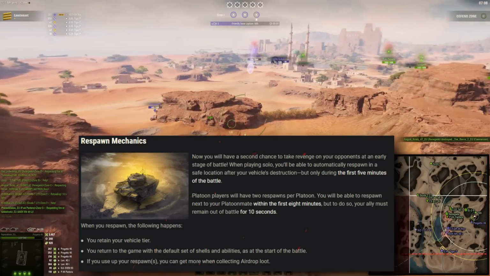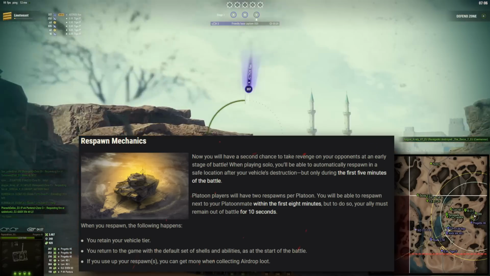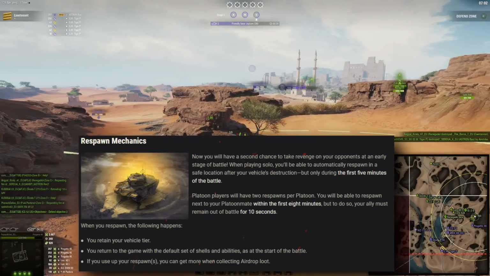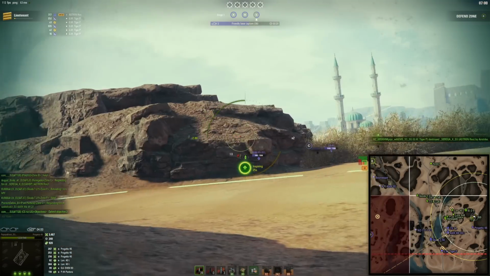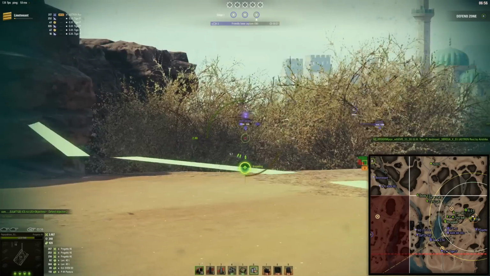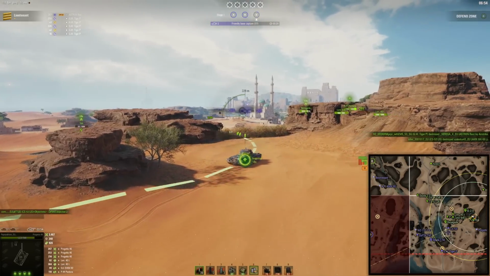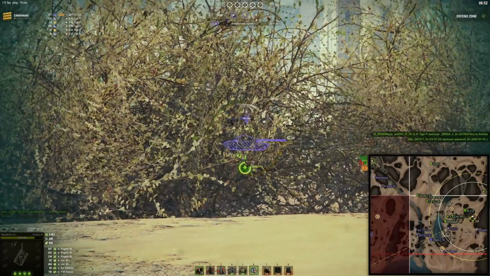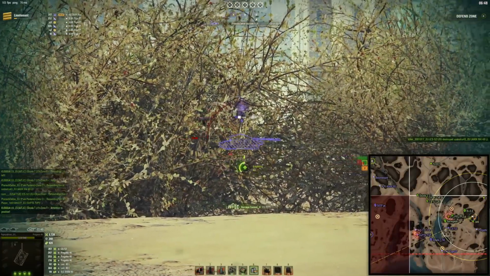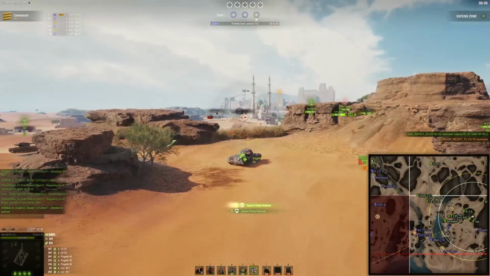You know, you can take some risks, and overall balance seems to have been changed in the Steel Hunter Reborn game mode, meaning that the lower upgraded tanks now have a better chance versus higher upgrade tiers. So this is one thing they did, the respawn feature, and also AI-driven opponents were added, called Marauders,